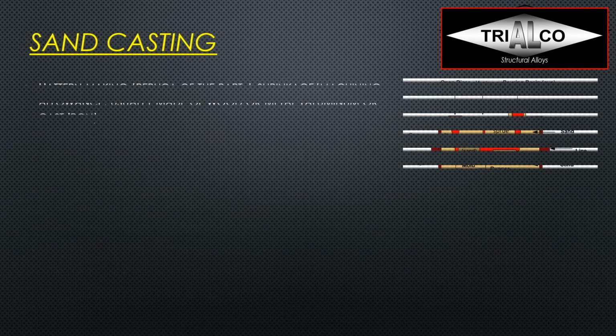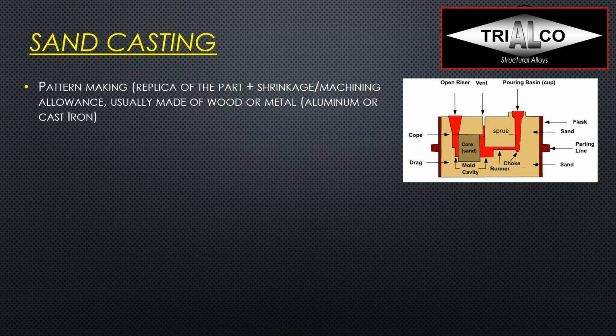Continuing with sand casting, first we have pattern making, so we need a replica of the part, and that needs to be expanded a little bit to compensate for shrinkage. We also need to add some machining allowance if we have machining in some sections of the casting later on. These are usually made, as I said before, from wood if you're just making a quick one, or metal, aluminum, or cast iron. Core making, so any internal core is the same thing, any internal surface, voids in the casting,